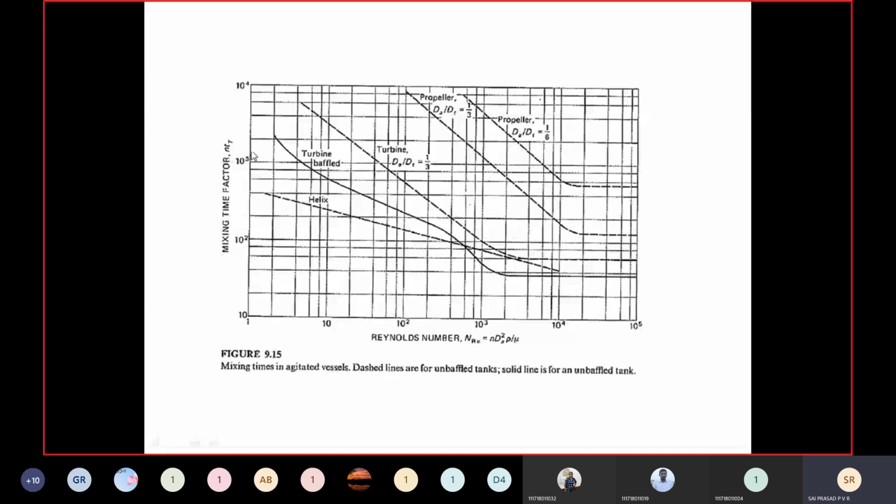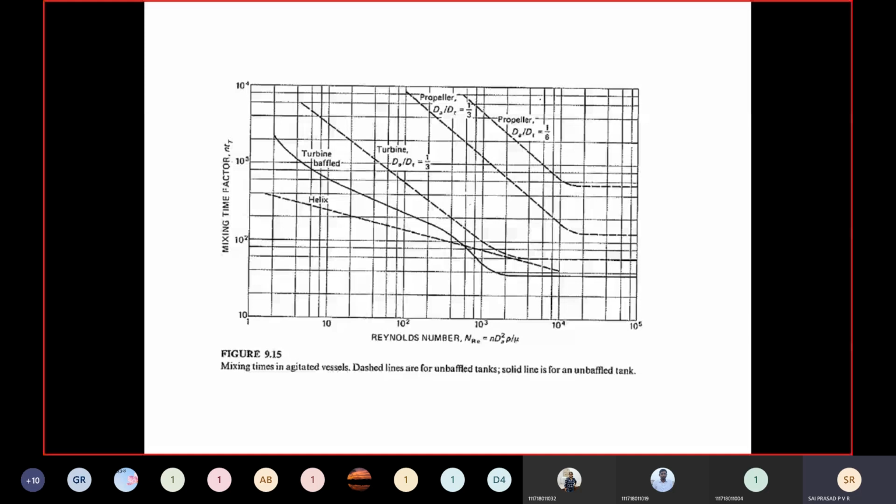But why I brought this graph here again is to ensure that in the agitation vessel, whenever the Reynolds numbers are very high, see these lines, these lines are becoming parallel to the x-axis. Parallel to the x-axis means what? Mixing time factors are constant. Very important deduction. See all those curves from 10 to the power of 4. This line is parallel to the x-axis, this line is also parallel, this line is also parallel. So one important statement we can deduce is that whenever the Reynolds numbers are very high, the mixing time factor remains the same in both the vessels. That's the meaning of it.